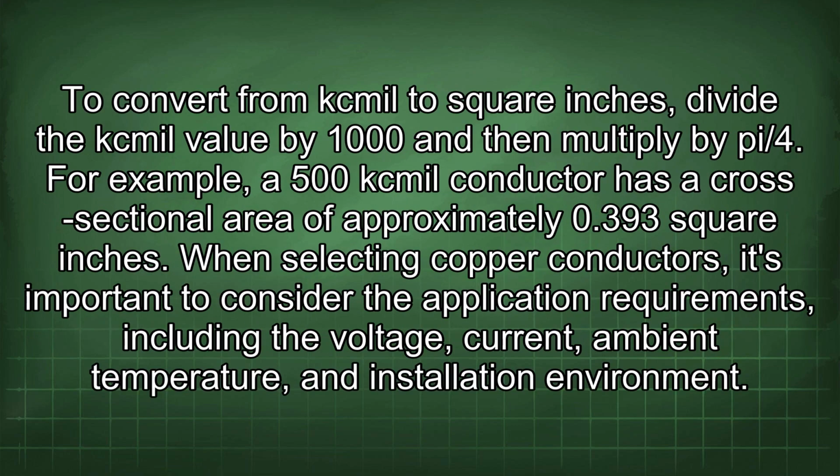To convert from kcmil to square inches, divide the kcmil value by 1000 and then multiply by pi/4. For example, a 500 kcmil conductor has a cross-sectional area of approximately 0.393 square inches. When selecting copper conductors, it's important to consider the application requirements, including the voltage, current, ambient temperature,